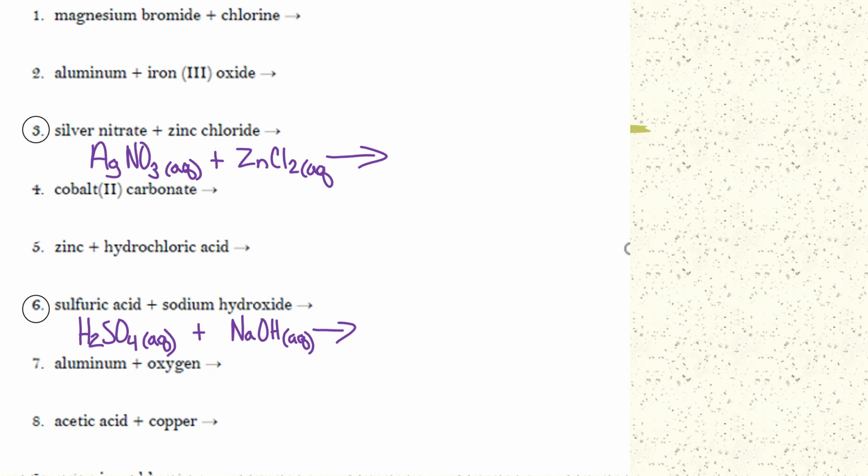All right, so let's look at number 3 together real quick. So silver nitrate is aqueous. It's going to be AgNO3. Zinc chloride, remember zinc's always a +2, so it's going to be ZnCl2. And that is aqueous as well. When we trade the partners, silver's new partner is going to be chlorine. Silver's always a +1, so it's going to be AgCl. And then the other new partner is going to be zinc nitrate,